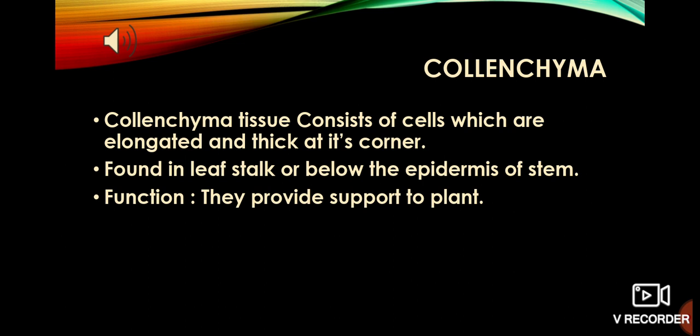You have seen that when storms come or very vigorous breeze comes in, at that time some plants are not falling down or drooping. It is because of the collenchyma which provides flexibility, so they can bend. The plants can bend and they can again regain their position. They can again come back to the position. It is because of the flexibility provided by collenchyma tissue.